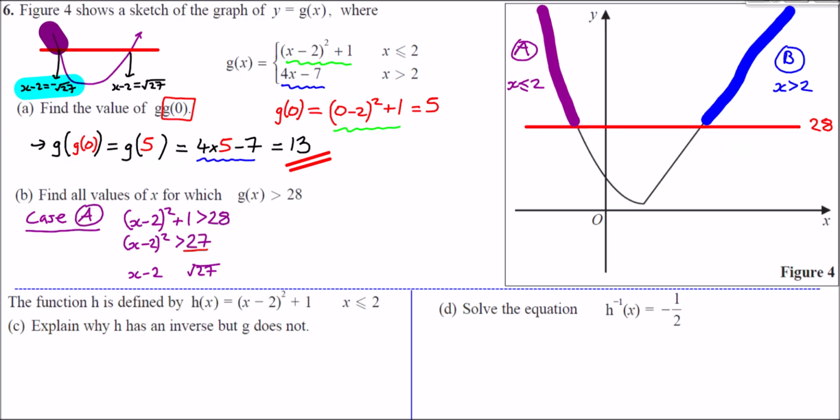So therefore what we need is x minus 2 to be less than minus root 27. So therefore for case A, let's move this up here. Therefore we need x to be less than, if we add 2 to both sides, 2 minus root 27. Now we'll think about case B, and we'll put these together at the end. So for case B,